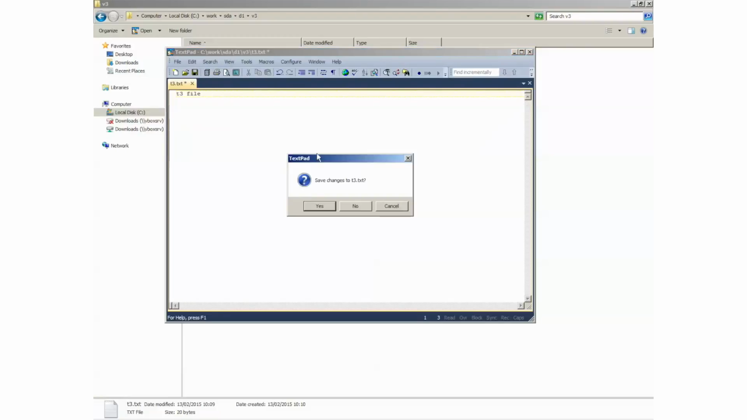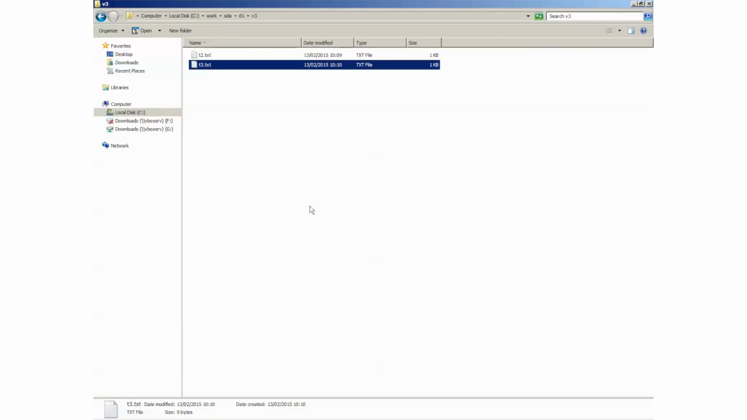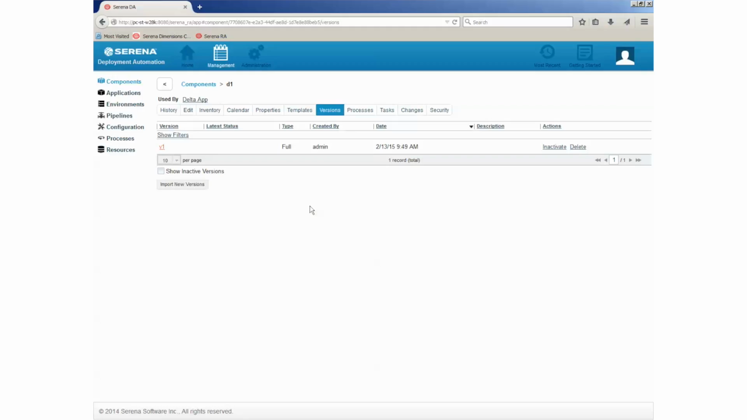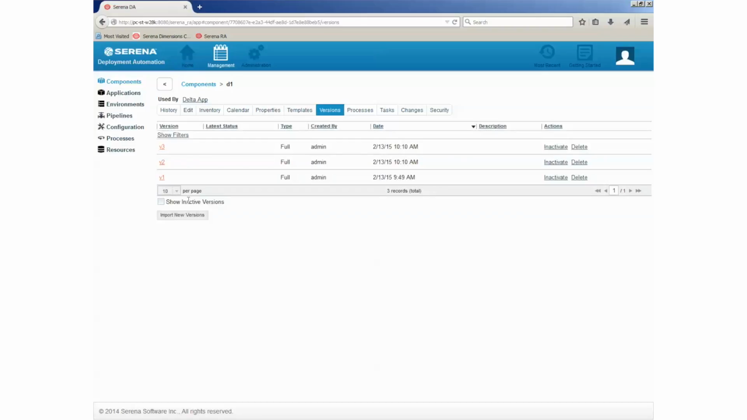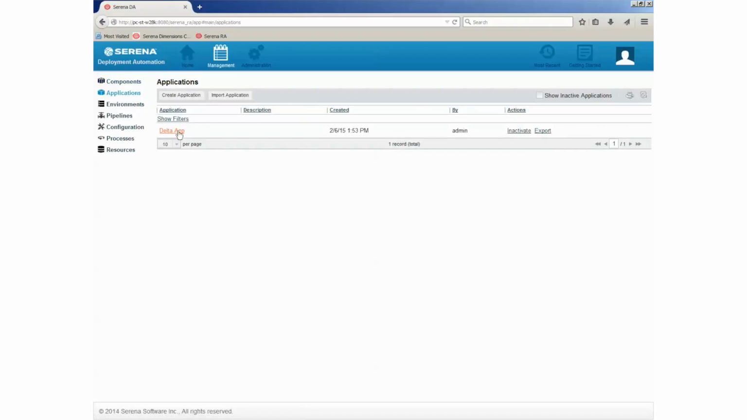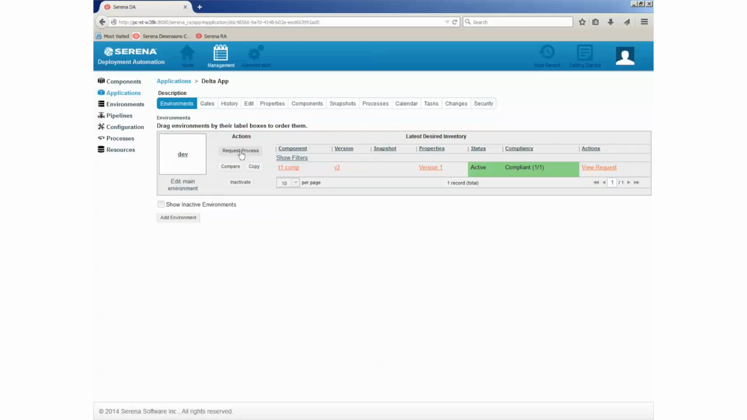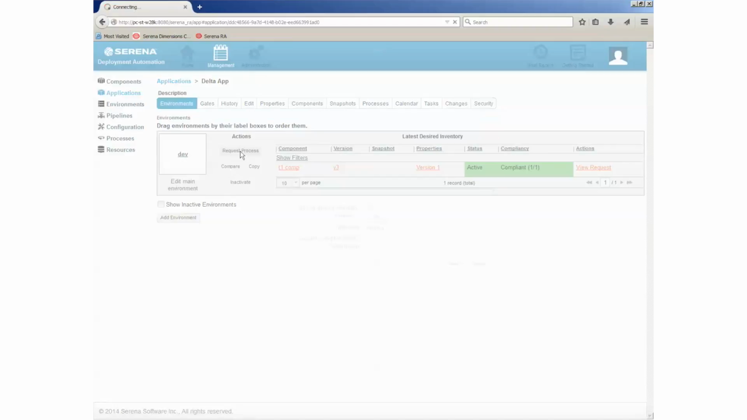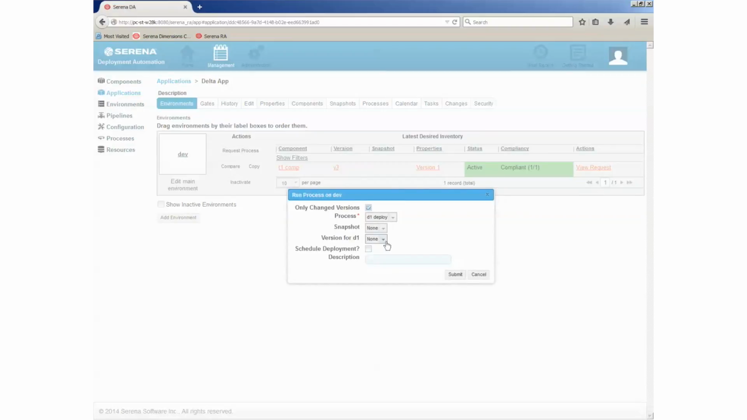Okay, so we have two more versions to import into our SDA components, so we'll go ahead and import those. Now our application already has a component process in place which will allow us to download those versions to our agent. So we're going to go ahead and request our process, our version for the D1 component,